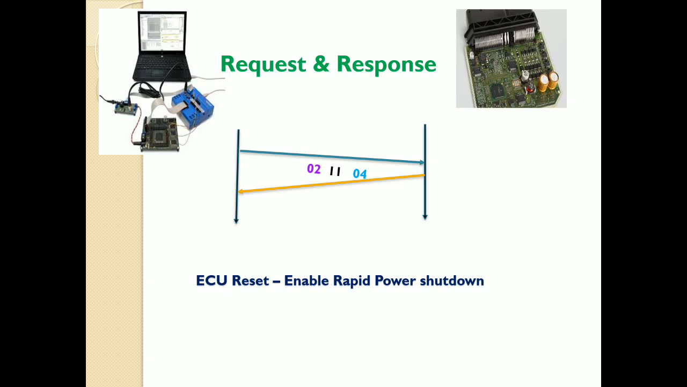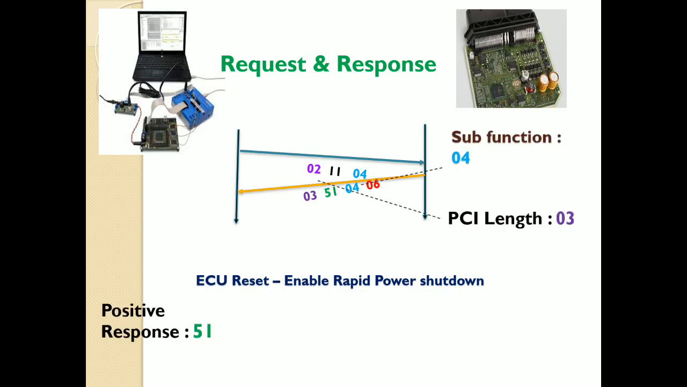See, 2 11 4. So you know 2 is the PCI length, 11 is the service ID, and 4 is the sub function, that is enable rapid power shutdown. Here you are getting one more PCI byte. The PCI length is 3 because here you are getting 3 bytes of data: 51 is the positive response, 4 is the sub function, and 0 6 is